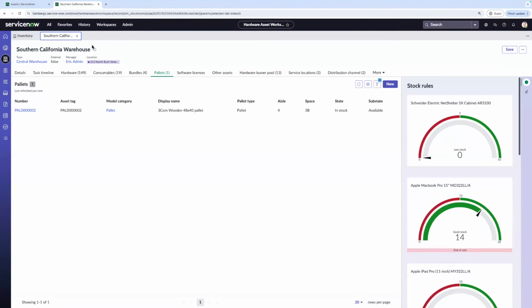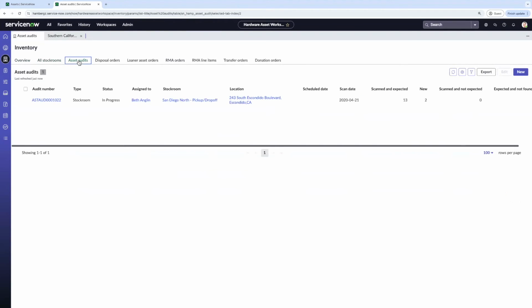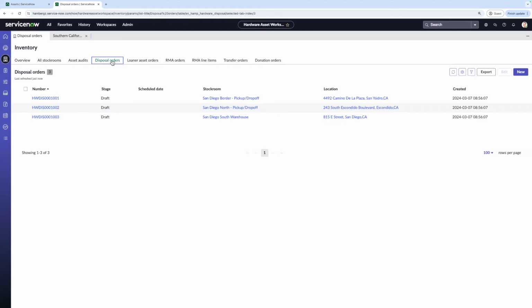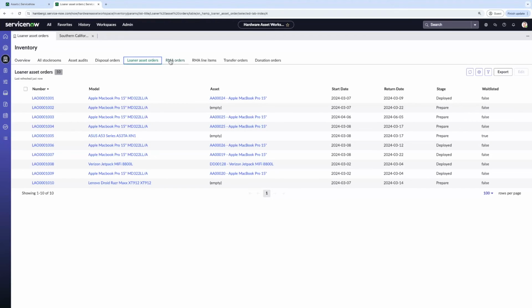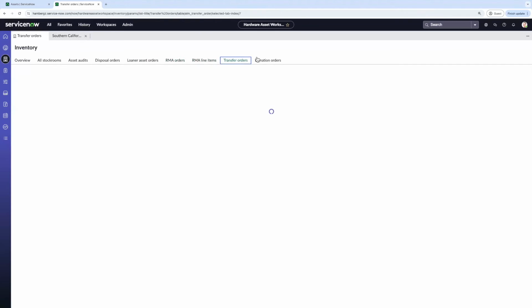And when coming back to our inventory view as a whole, we're going to see that we have those built out workflows for you to be able to do asset auditing, as well as asset disposals, and being able to track those assets through their entire life cycle all the way to disposal, as well as being able to manage those loaner assets as a whole, as well as things like RMA orders, RMA line items, transfer orders,